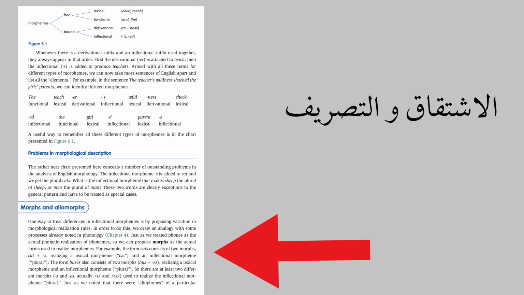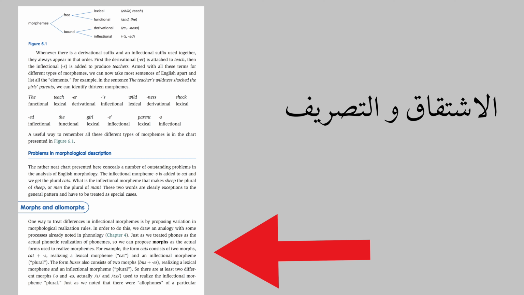One way to treat differences in inflectional morphemes is by proposing variation in morphological realization rules. In order to do this, we draw an analogy with some processes already noted in phonology. Just as we treated phones as the actual phonetic realizations of phonemes, we can also propose morphs as the actual form used to